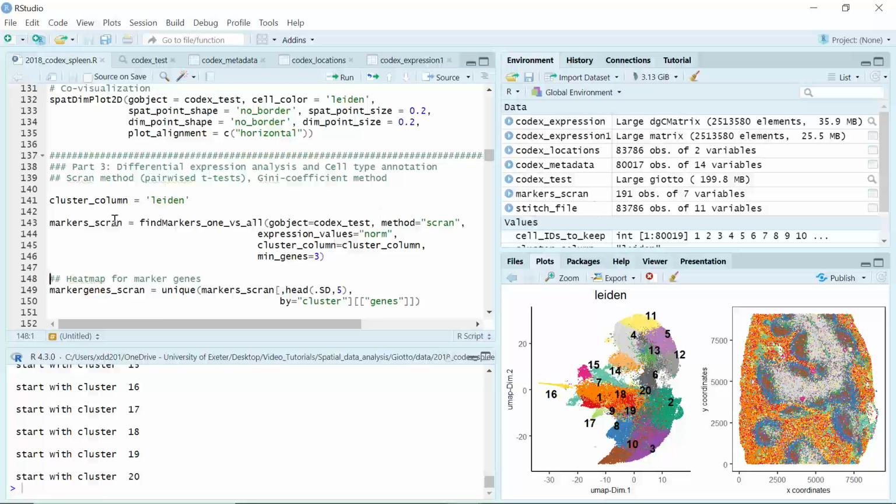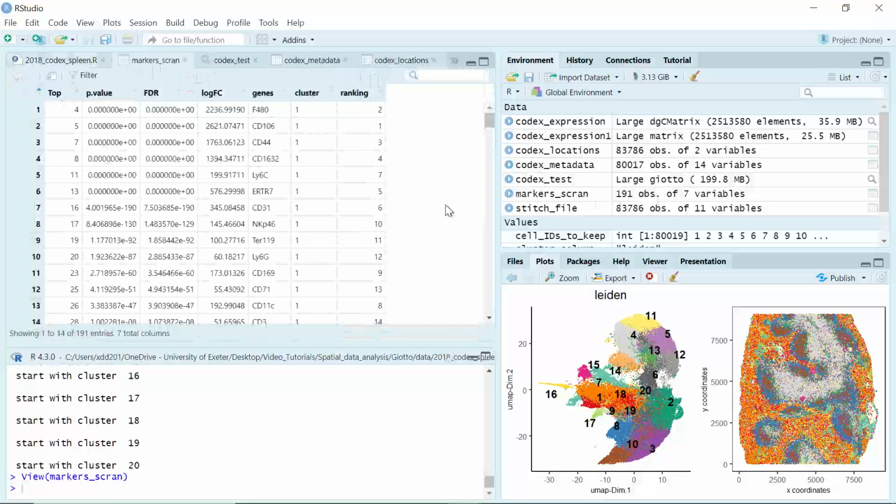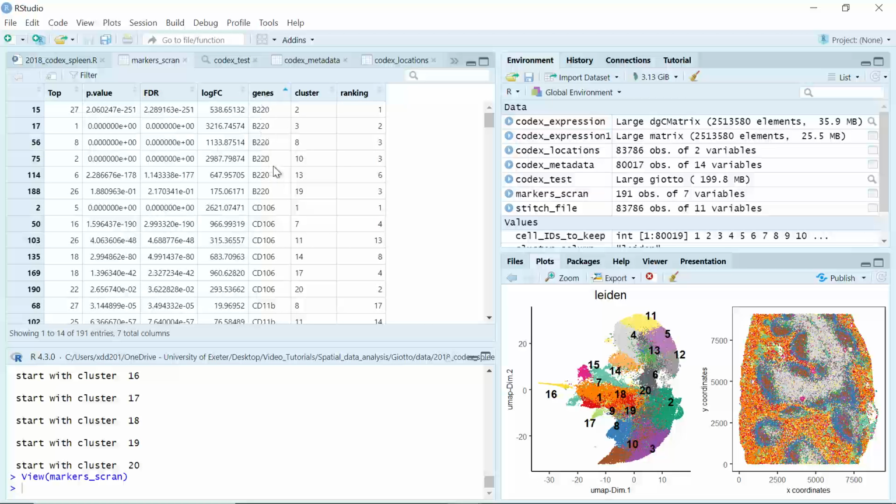And it generated a data frame we named markers_scran. Let's click this data frame and have a look. You can see in total we have 191 observations. So you know in our dataset we only have 30 genes in total. If we click the genes column, you can see the same gene was identified as a marker gene for different cell clusters. Because later we want to create a heat map for each cell cluster to show the best marker genes,